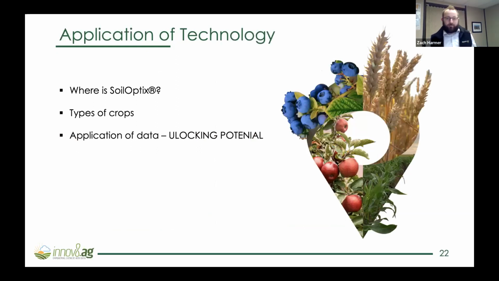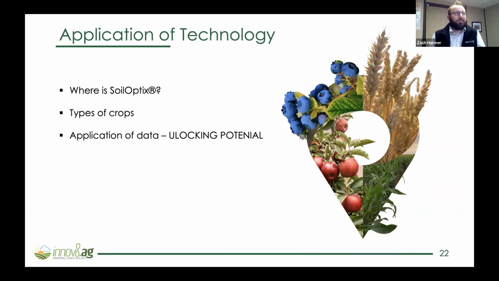So, that's sort of the applicability of the technology, right? It's nice, it's pretty, it's a tube, it looks good on the front of a vehicle, but what does it really do? So in terms of SoilOptix, as I mentioned, we operate in a number of countries,